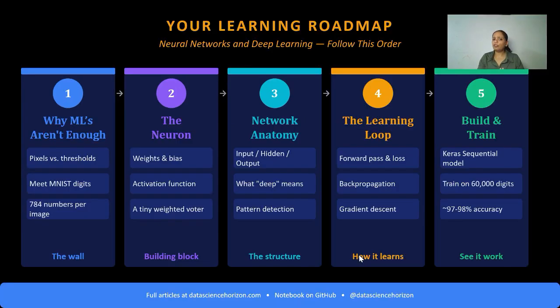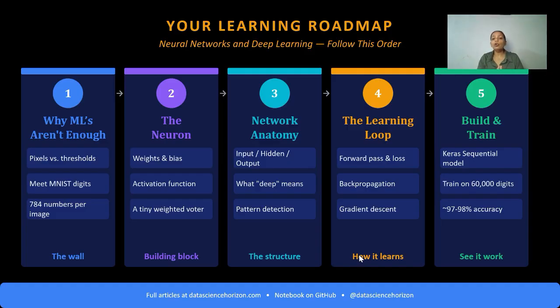So this is a 5-step roadmap for neural networks and deep learning. First, understand why machine learning algorithms fail on pixel data: 784 numbers per image, that is MNIST digits. Second, understand the neuron itself and the role of weights, bias, activation function, and also optimizers.